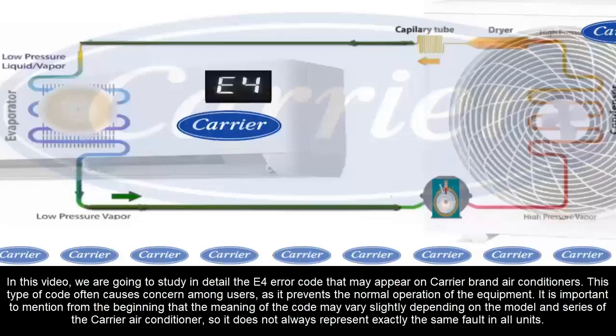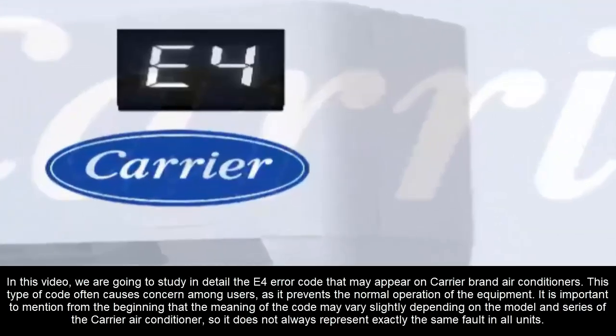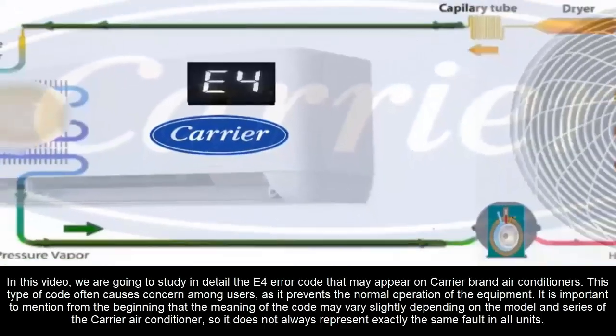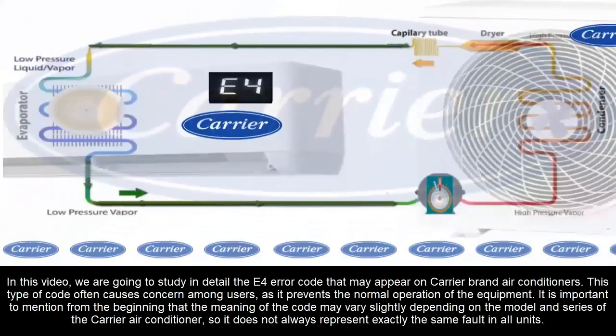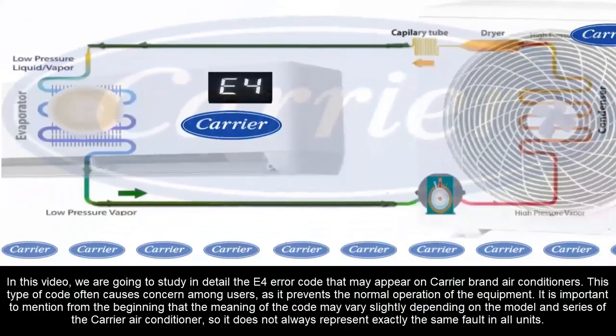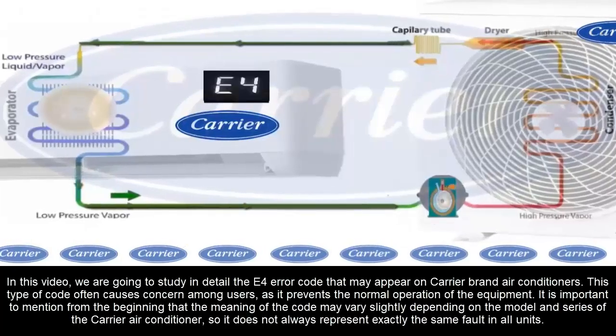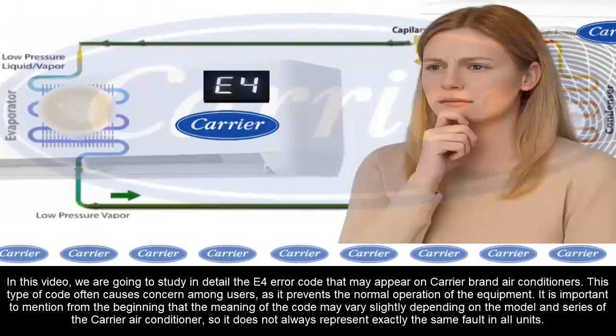In this video, we are going to study in detail the E4 error code that may appear on Carrier brand air conditioners. This type of code often causes concern among users, as it prevents the normal operation of the equipment. It is important to mention from the beginning that the meaning of the code may vary slightly depending on the model and series of the Carrier air conditioner, so it does not always represent exactly the same fault in all